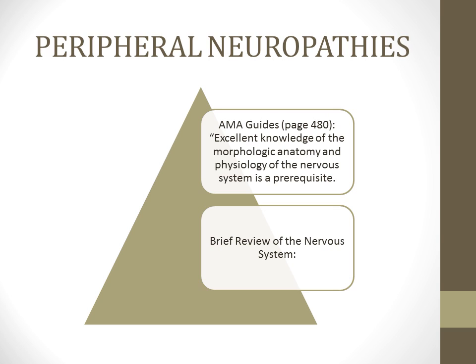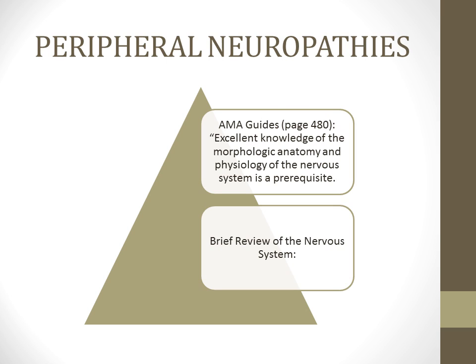And so I thought it would be a good starting point for both of us to improve our knowledge of the anatomy and the physiology of the upper extremity nervous system before getting into the AMA guides and the permanent impairment calculations. So this program begins with a brief review of the nervous system, and I call this Neurology 101 because this is going to take you back to some basic science concepts about the anatomy and neurophysiology of the nervous system, and this will take you all the way back to your medical school training,